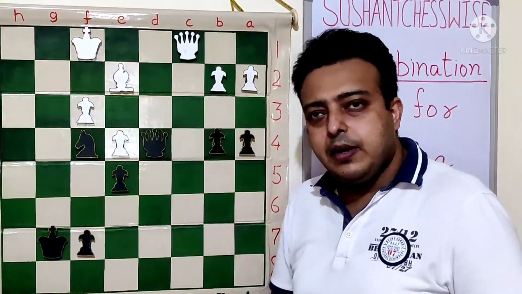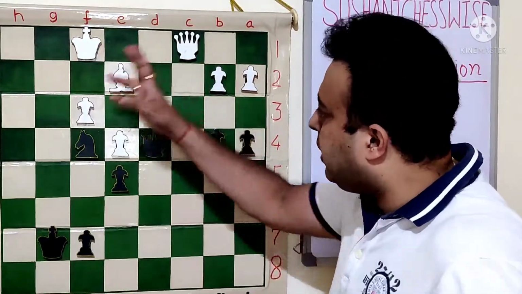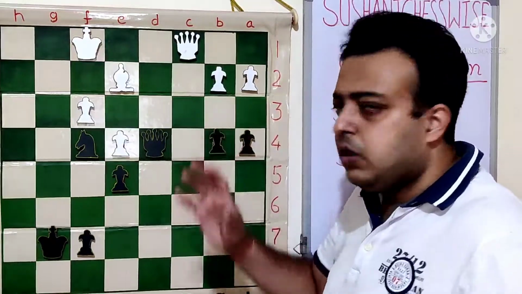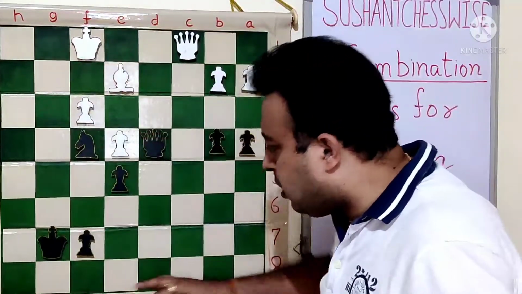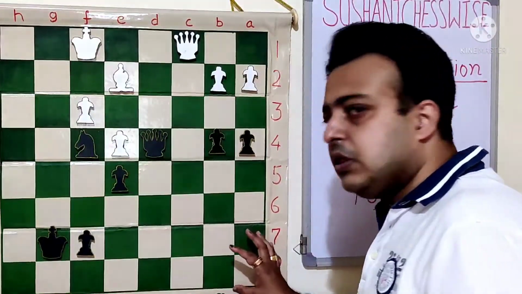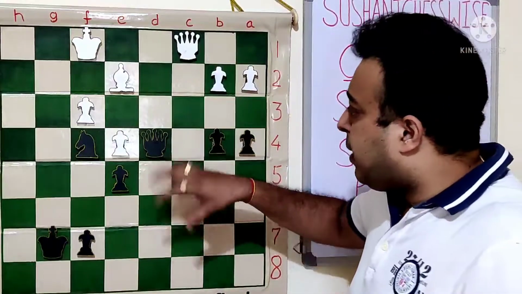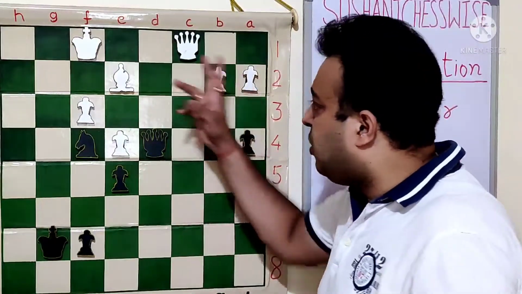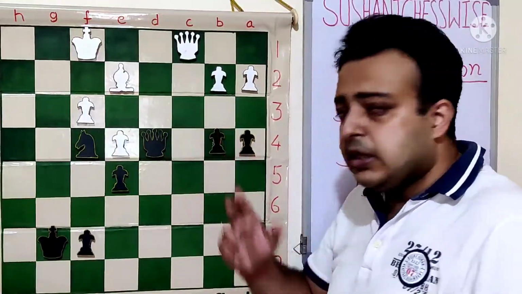It's black to play. So the first step when we look at any position is generally what people do, they count the pieces. Nothing wrong in it. We should see all the pieces where they are placed. Some pieces in the corner, some are centrally placed, some are active, they are ahead. This is the first step. So we see all the pieces, and at that time we count the pieces. Second step,